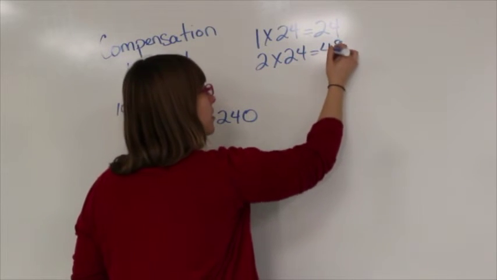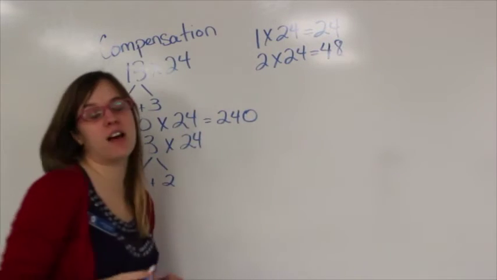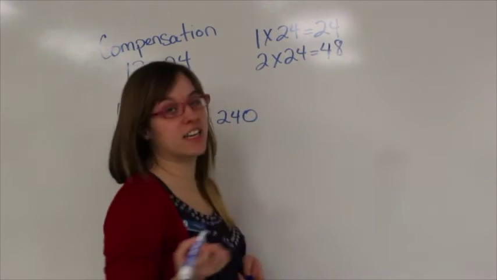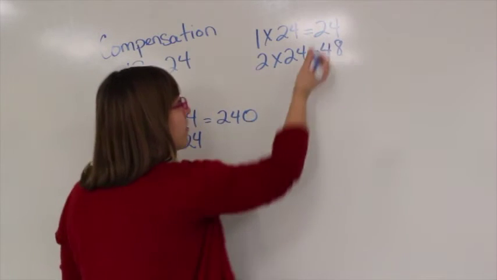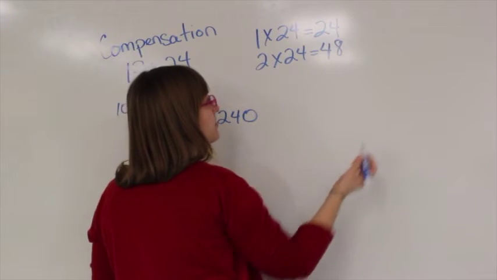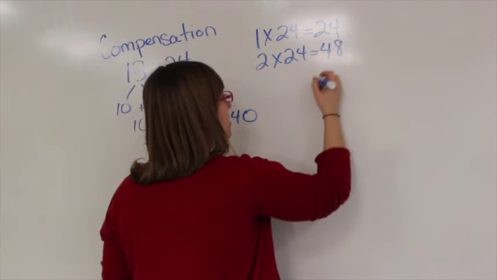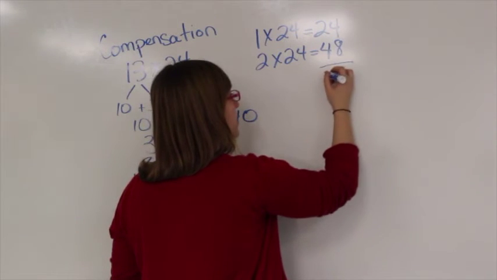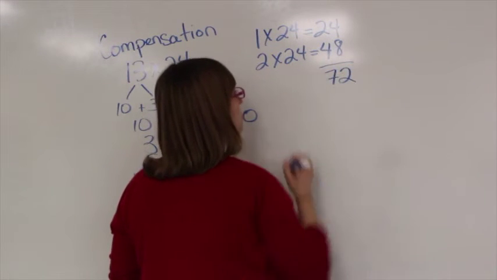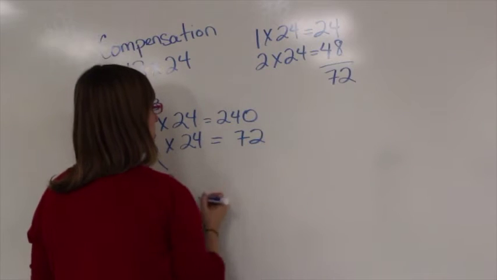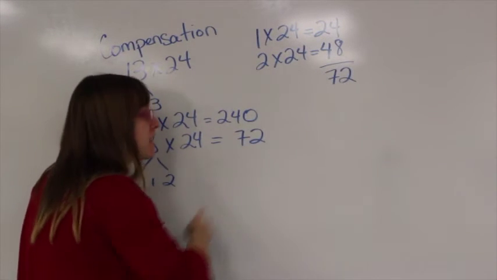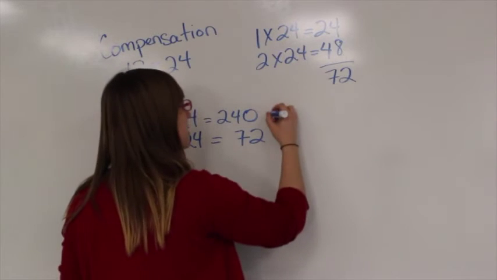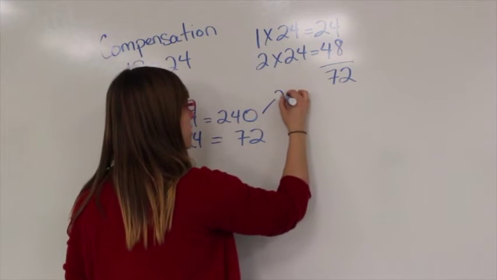Because what I think about is how many hours there are in a day. And 2 days is 48 hours. But now I need to add on the other 24. So I know that if I add them together, it's going to be 72. If I add 240 to 72, I can split it up into 200